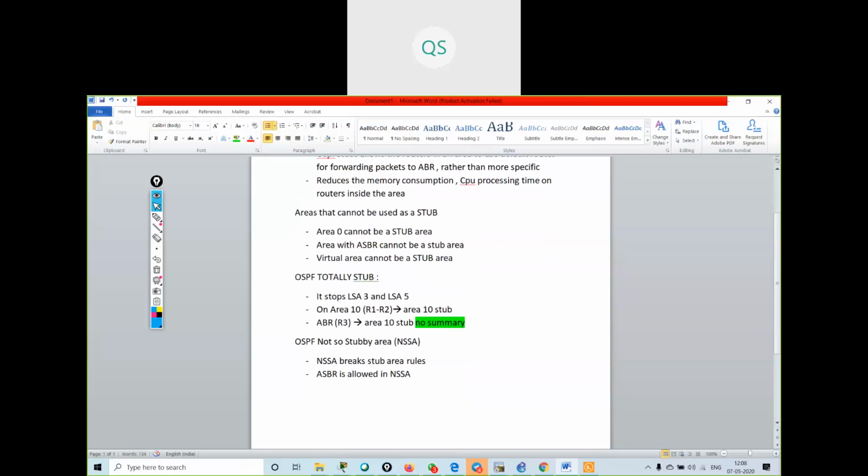Okay. Special LSA type 7. I told you we will study LSA 7 when we'll be studying. So LSA 7 is the NSSA LSA. Type 7 is the NSSA LSA. Okay, so NSSA LSA type 7 to LSA type 5.